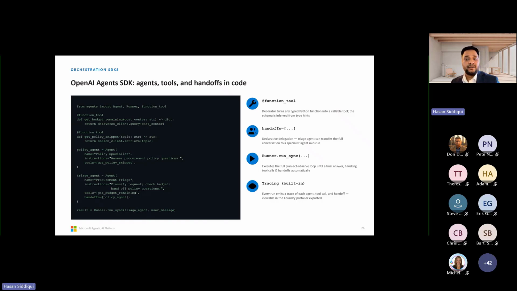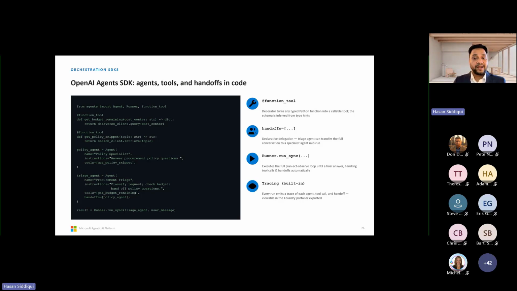This is real representative code, slightly simplified but structurally accurate to how the OpenAI Agents SDK is used from Python today, and it runs natively against the Azure AI Foundry Agent Service as its backend. The function tool decorator is doing real work.